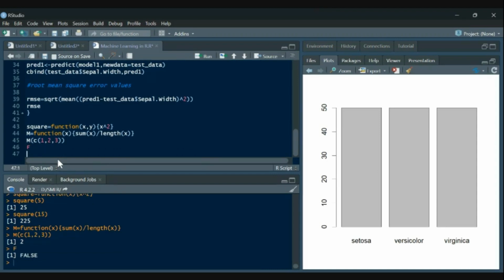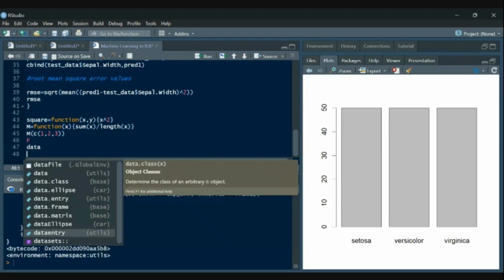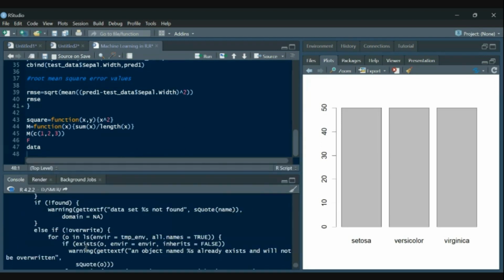If something like this comes up, this means that it is already assigned to some value or some function in R. Let's say if I call upon data, which we usually talk about, and run it, this is a predefined function in R. So I should not use this. I can use it, but whenever I use data in future in that very program, it will be overwritten by the one which I have defined in my program.